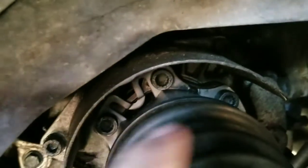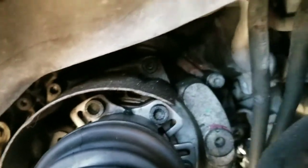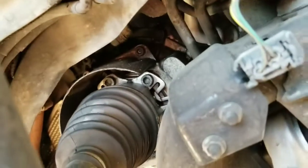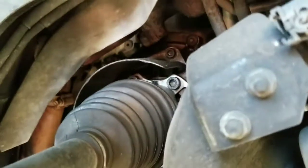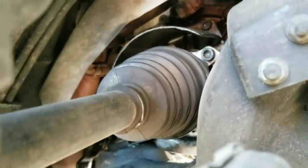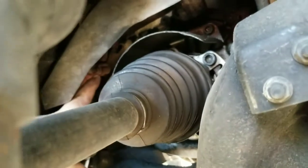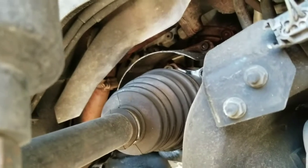Now what you're going to have to do to start off with is you have the scatter shield, which is this little guy right here. You have 3 Allen bolts, one there, one on top, and one on the side. You're going to go ahead and take those off and pull that out of the way. You're going to need it for clearance to get to the 2 lower turbo bolts, which you can see one of them right there. And then also you have right there, if you can see, there's the lower heat shield